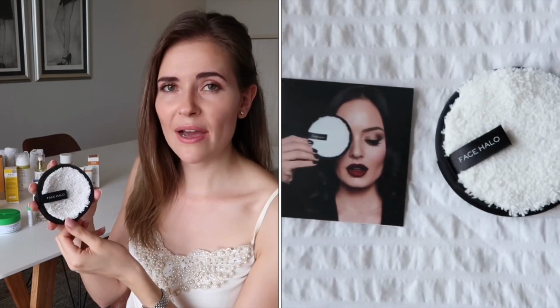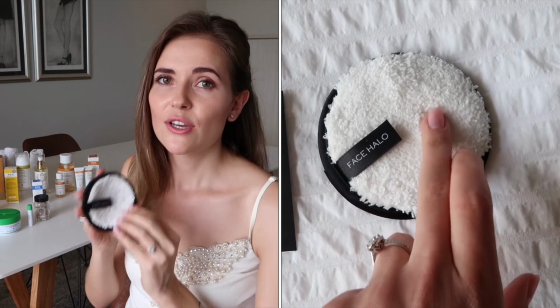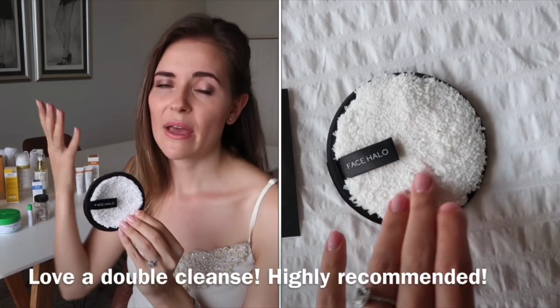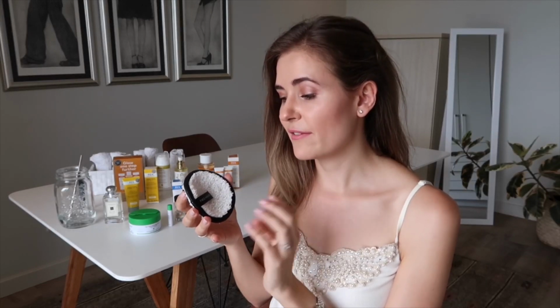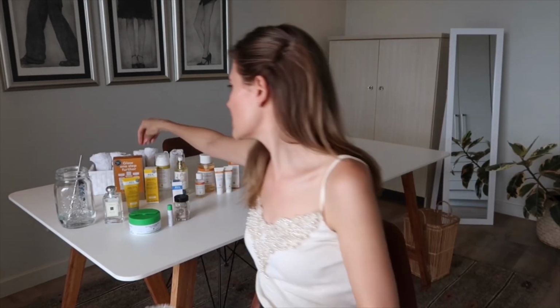I'd say if you do buy this, I would still use this in conjunction with something else. So I'll use this as my first cleaning tool to remove my makeup, and then I'll continue washing my face with a different cleanser. But I must say, quite a cute little nifty tool, something that I'll definitely pack in a weekend away bag where you don't want to take all of your skincare with you. It is quite a cute little tool, but at the moment I am using these